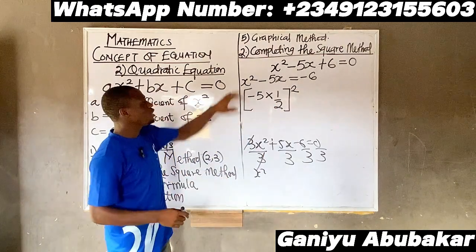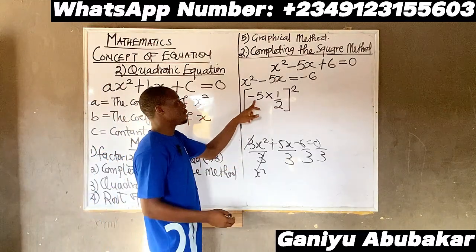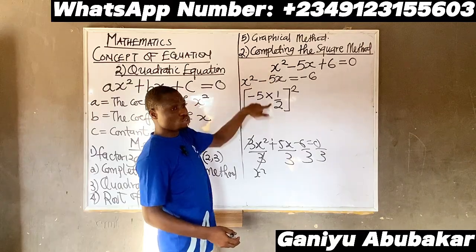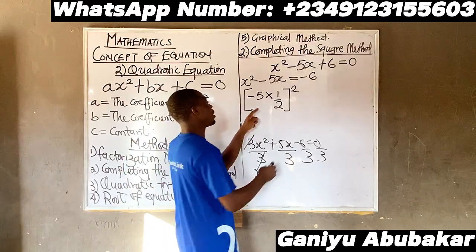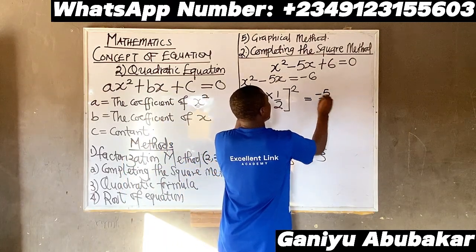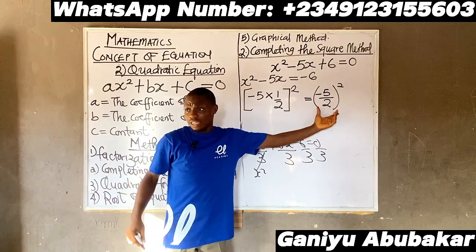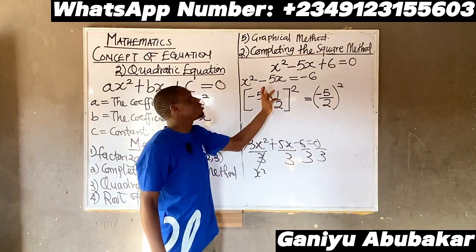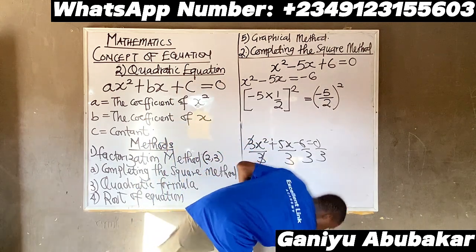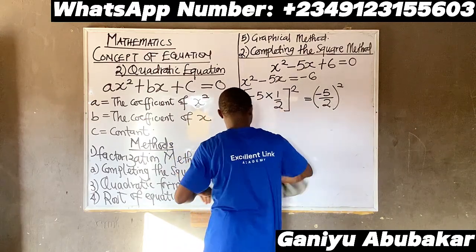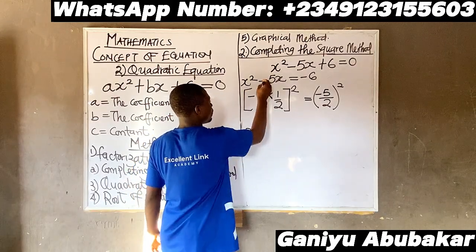At this junction, you pick out the coefficient of x, that's minus 5, divided by 2, that is, multiplied by 1 over 2. And then take the square of it. So what I have here is minus 5 over 2, all squared. This answer I'm having here now, I will add to both sides of the equation. I'll be having x squared, observe, minus